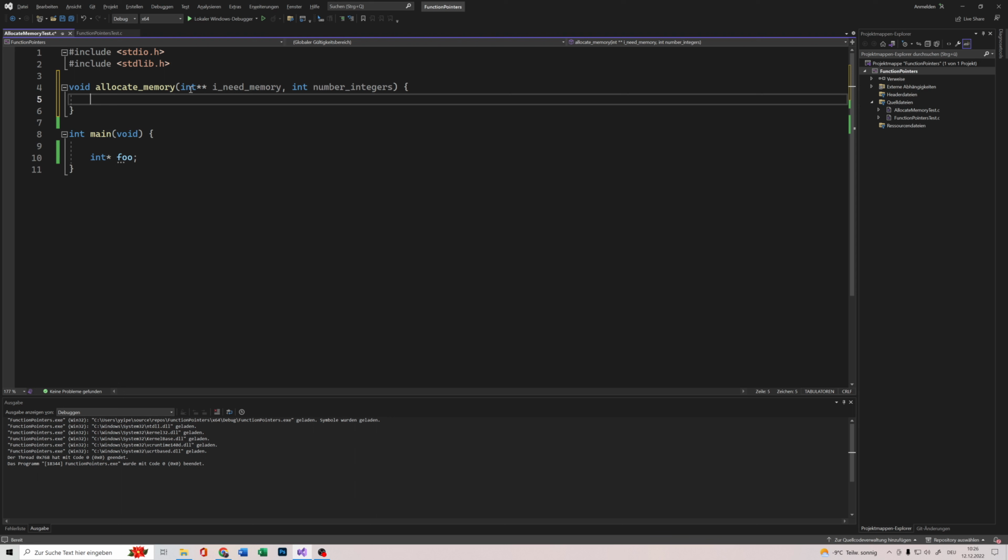We will call that I need memory, and here we will indicate the number of integers. So we will allocate memory for the I need memory allocation. Okay, this is a pointer to an integer. We need to call malloc. Here we specify the size of integer times number of integer, and